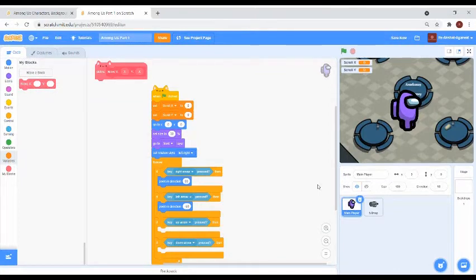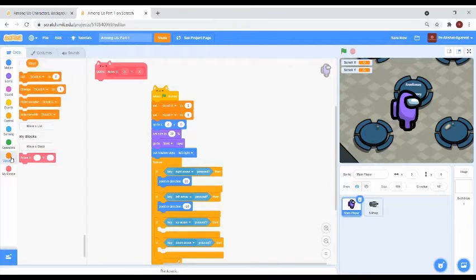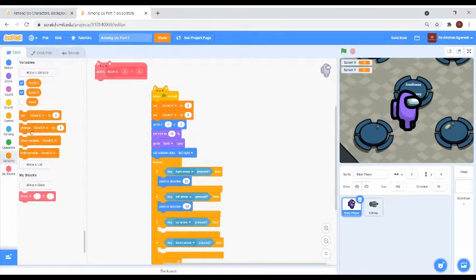Now in the define block, there is a define block to tell Scratch what happens when we use this move X Y block. So we will change scroll X by X and scroll Y by Y.